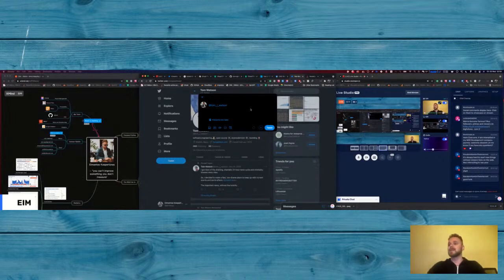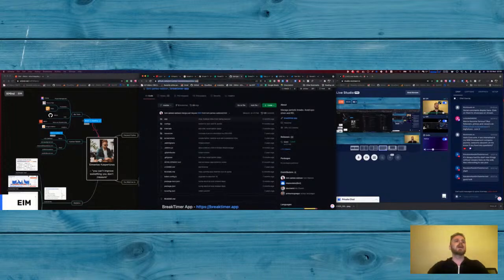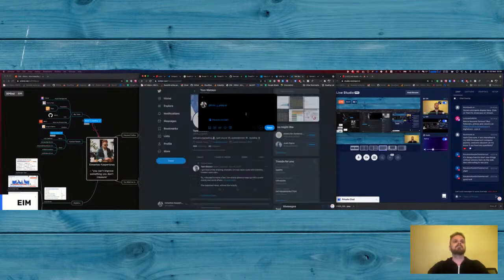So I'm just composing a message right now to Tom J. Watson, and let's give him a GitHub link. Hey, can you make it possible to sponsor your amazing free tool repo on GitHub?